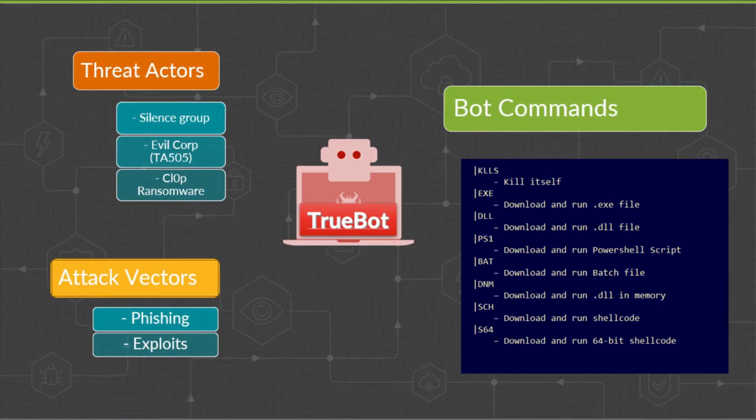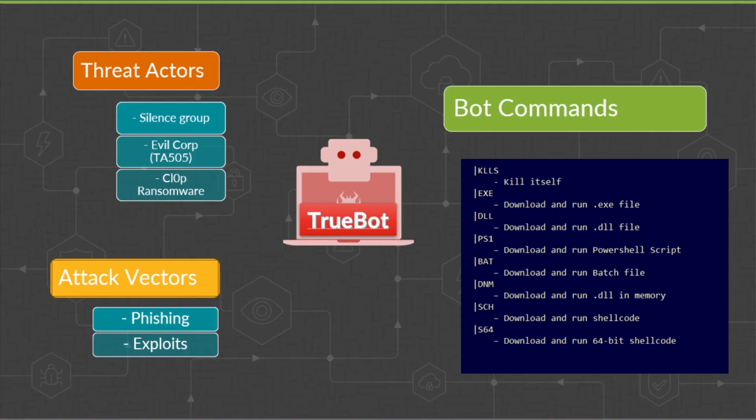TrueBot was created by the Russian hacking group Silence, but its use is also linked to other collaborative or overlapping malicious cybercriminal groups: TA505, also known as Evil Corp, FIN11, and the Clop ransomware gang. TrueBot is today primarily a malware downloader. As such, it is a so-called first-stage module, mainly used for downloading additional malware, including FlawedGrace, Cobalt Strike, a data exfiltration tool called Teleport, and the Raspberry Robin worm, which is itself linked with distributing TrueBot, Bumblebee, IcedID,